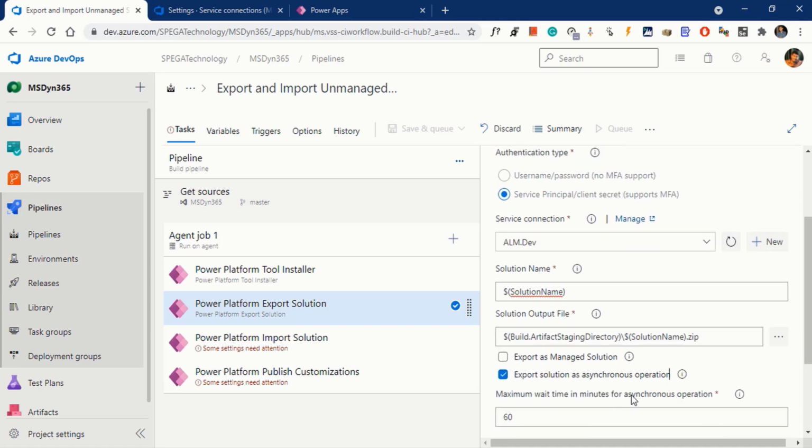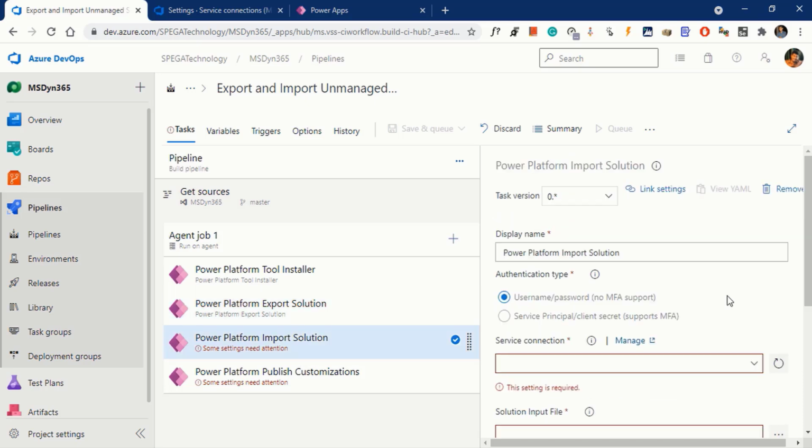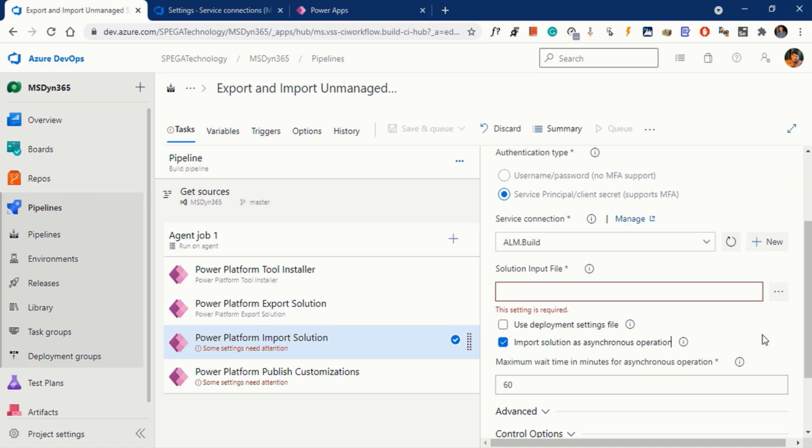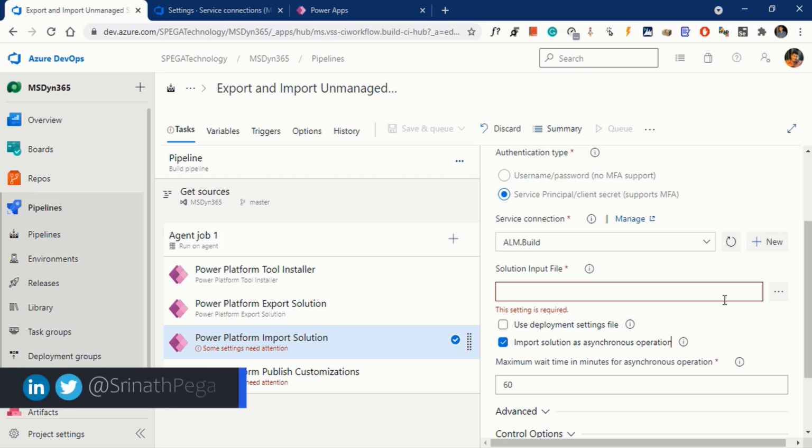Click on the import task. Select the service connection type, and select the build environment. It's asking for the solution input file, which means the solution file we are going to import into the build environment.